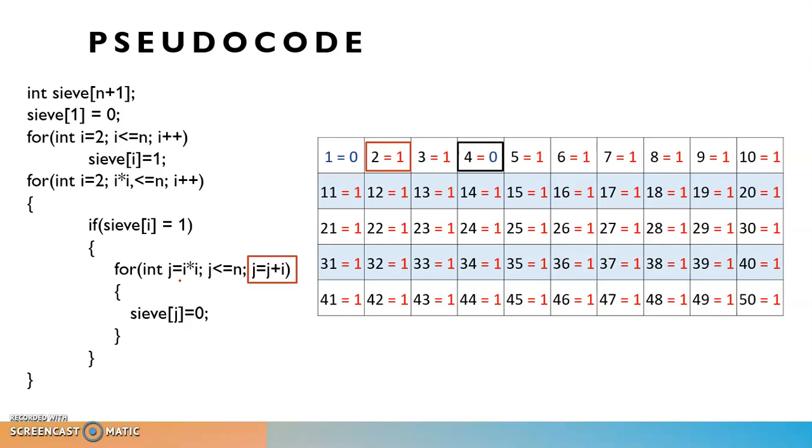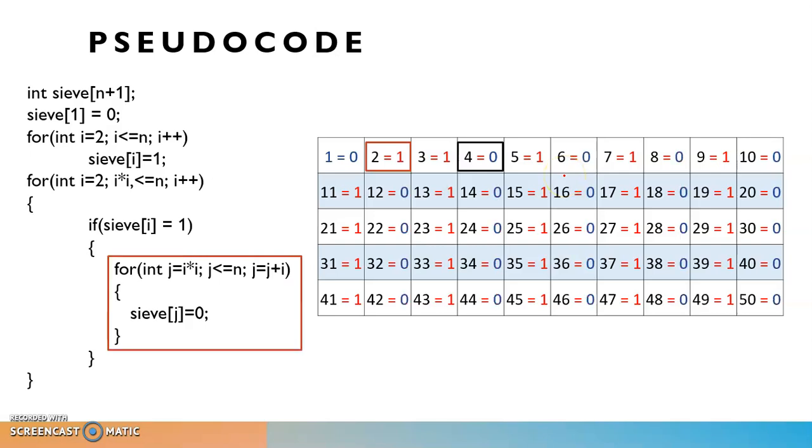So how are we finding the other remaining multiples? j plus i, right? What was our j now? Now j is 4 and plus i is 2. So now we are moving further to 6, and continuously we are in this for loop and we are incrementing. Here multiplication means adding the number itself. So all the multiples of 2 are found, and we marked all the multiples of 2 as 0. So one round is completed.